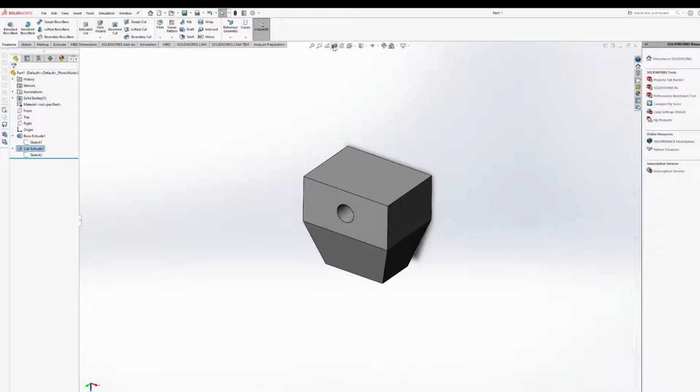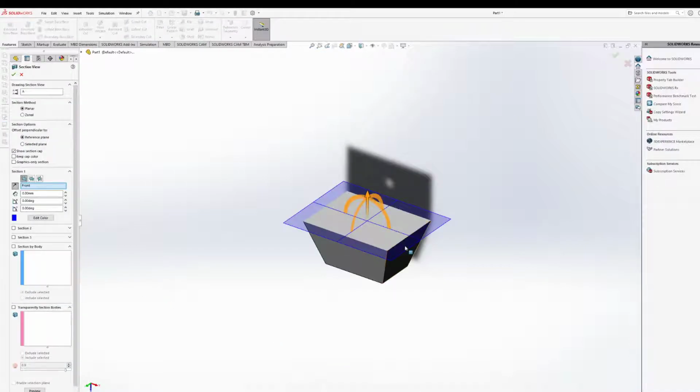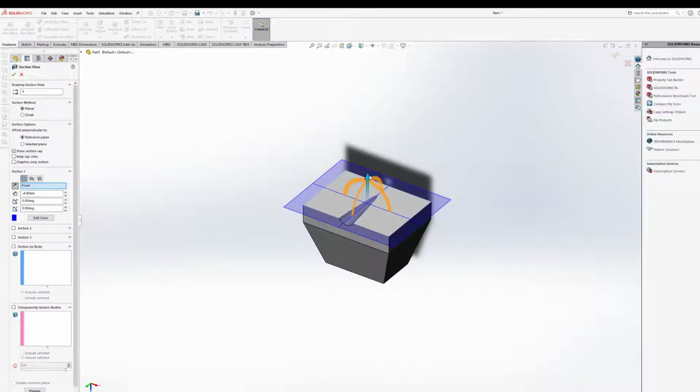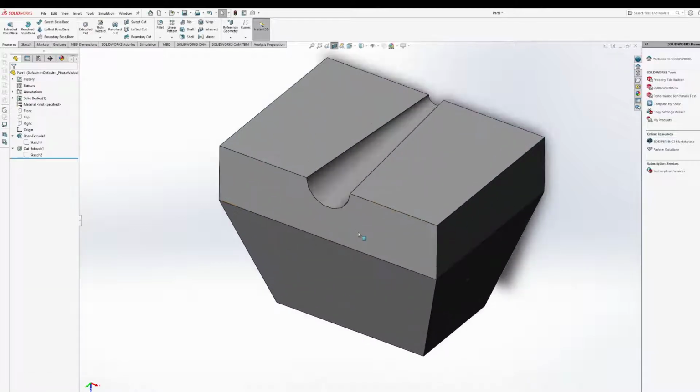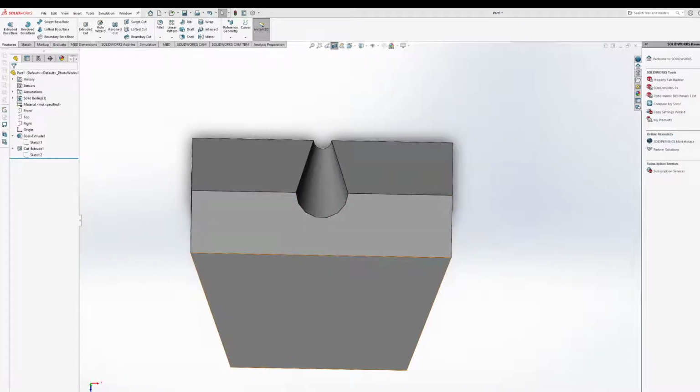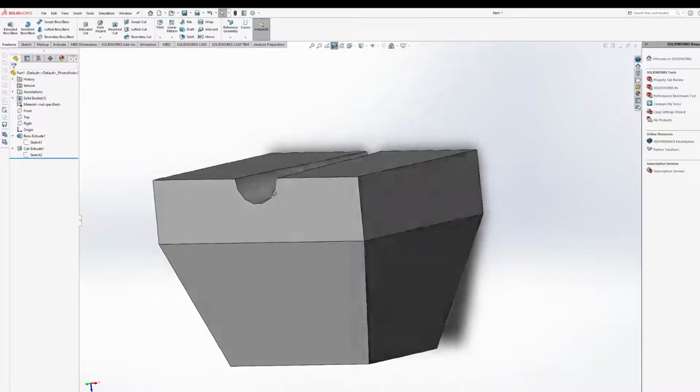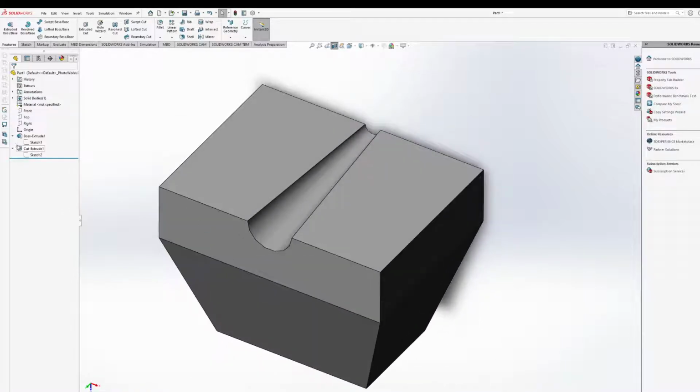We can take a cross section of this, so kind of more on the left side, you'll see it's fourth from the left. If you hit the section tool, it'll allow you to create a section of this plane and see sort of what's going on. We can make adjustments, we can pull this up just a little bit more, then hit select, and then we're able to see that profile. So it's not getting rid of any of the geometry there, it's just showing you how the geometry looks from that cross-sectional plane. As you can see, it's not really making anything in the feature manager, and we can already tell that it's that